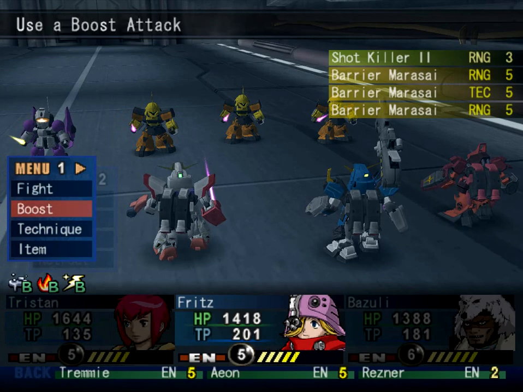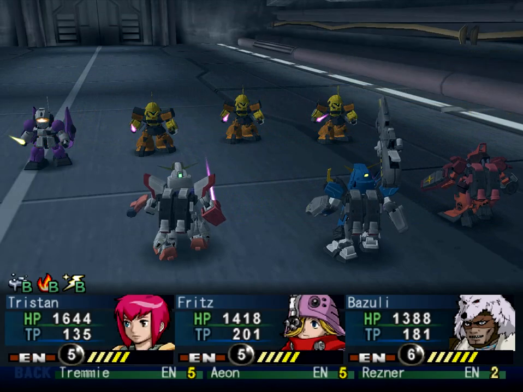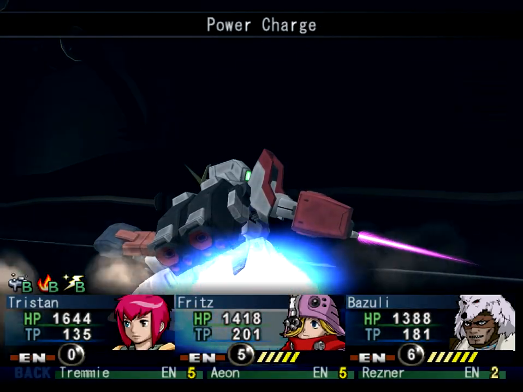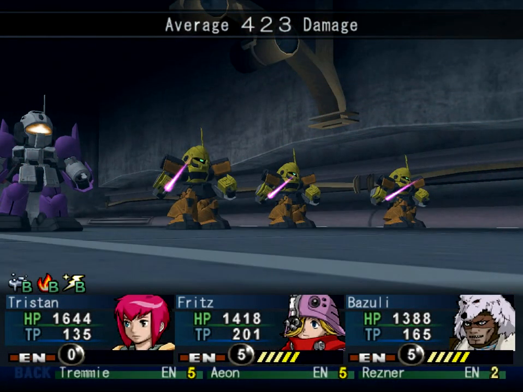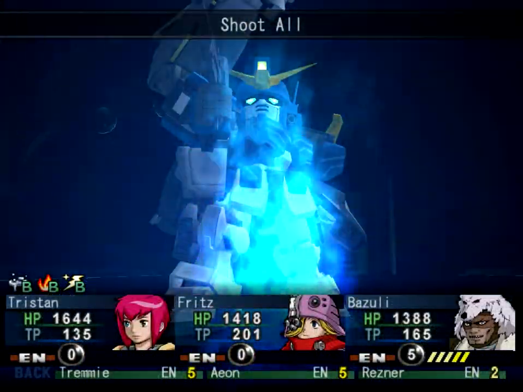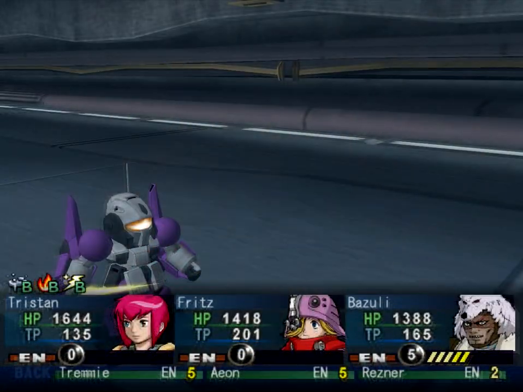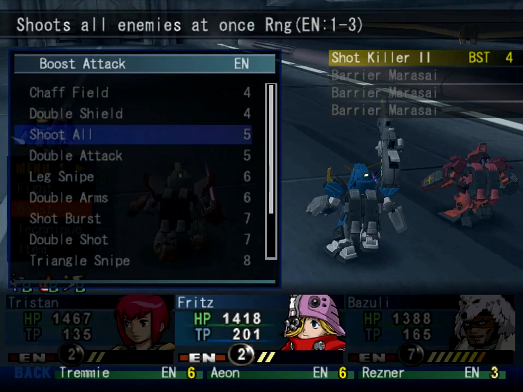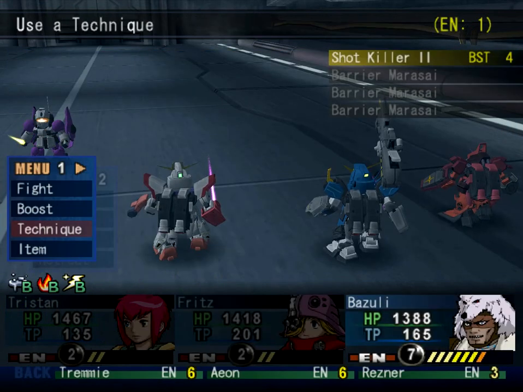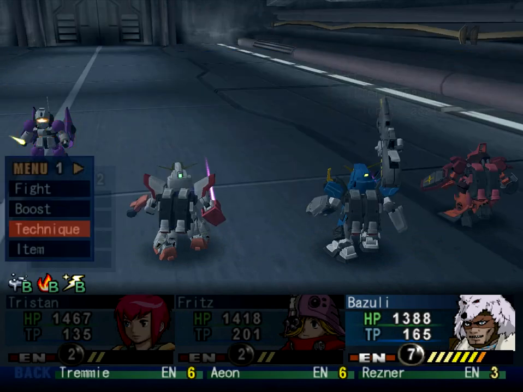Alright, so I'm pretty sure that guy at the end is one of the ones where you can't damage him with ranged attacks, so Giga Bomber. I knew I was right. Hate those guys. Alright, see, Giga Bomber. Or wait, no. Mega Grenade. Why waste the extra TP? And you only have Bomber, so...